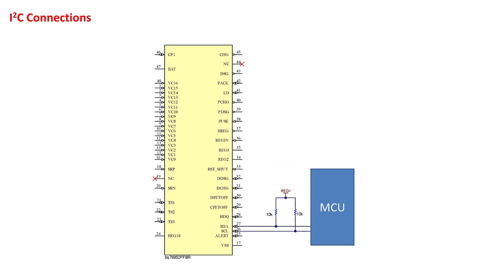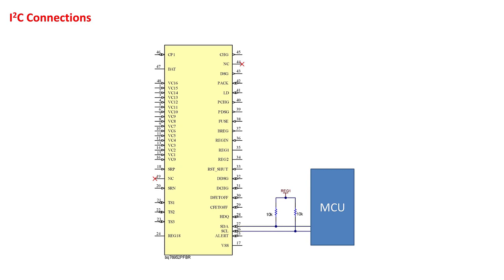Let's look at common digital pin connections to the microcontroller. The I2C bus is connected to a microcontroller with pull-up resistors to the bus voltage. This voltage can be the Reg1 LDO output if it is being used to power the microcontroller, or it can connect to a different voltage rail. If the Reg1 output is being used and needs to be enabled by default, the BQ7695X02 may be the best part number to use since it comes pre-configured with the Reg1 enabled to 3.3 volts. The BQ769X2 does utilize clock stretching to slow down the bus as needed, so it is important to use a microcontroller that supports this feature.